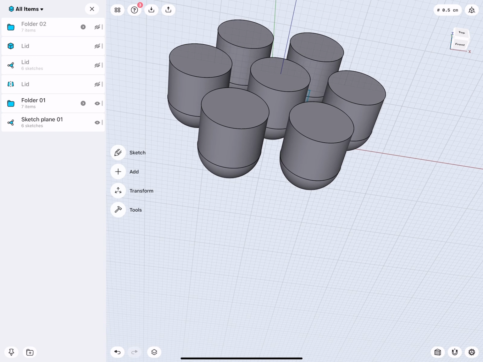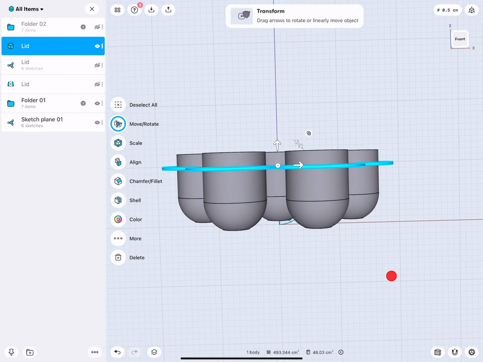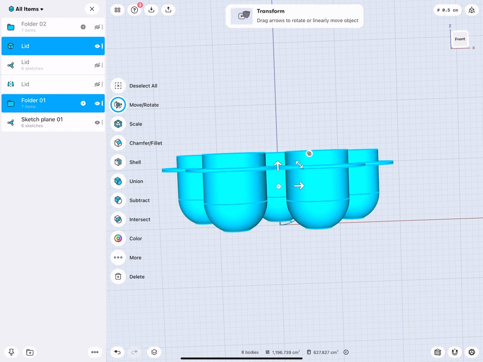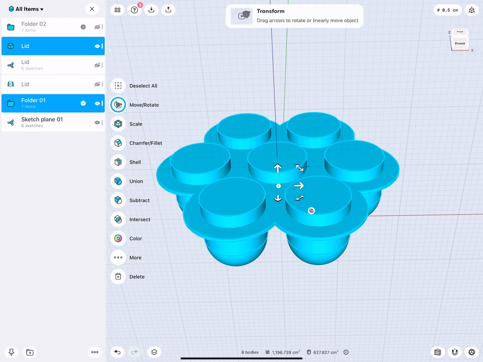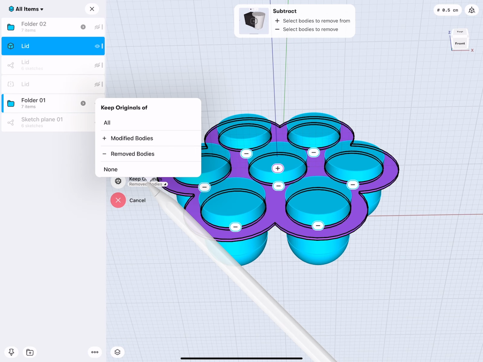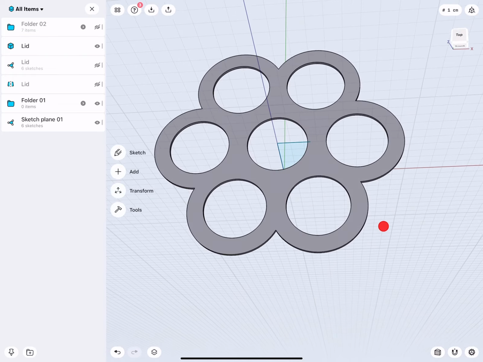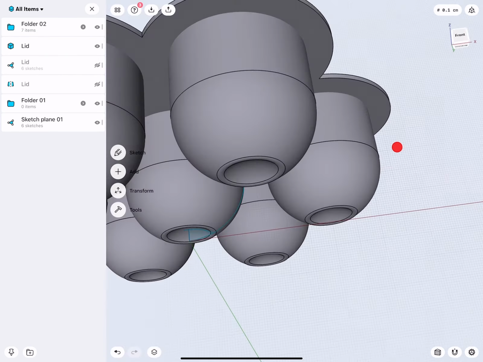Okay, so all this is actually correct. We can then do the following. So we turn this on, this is our lid, and I will remove this from it. You see I selected first the lid, then I selected the folder with all these objects and select subtract. Keep nothing, just generate this shape. Very good. Quick check, when we put this in, does this look good? Yeah, this looks actually good.